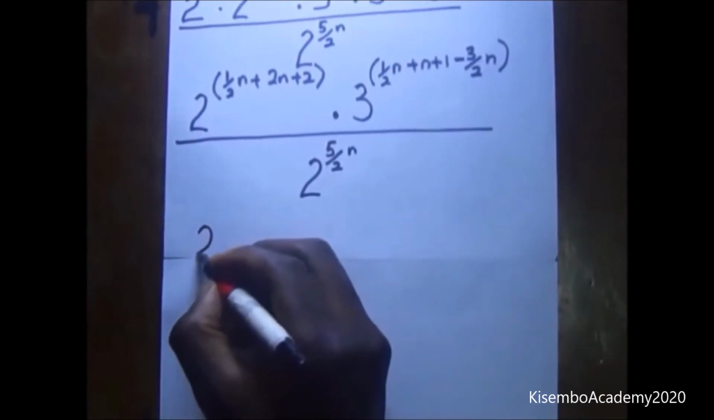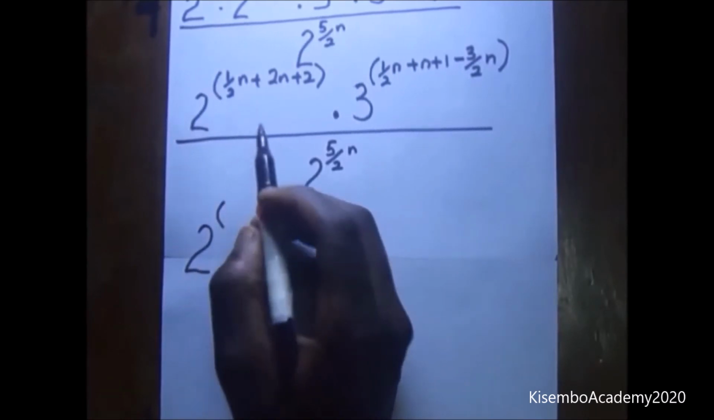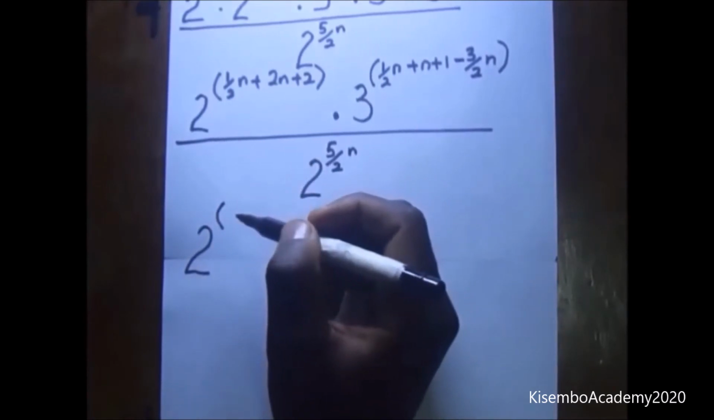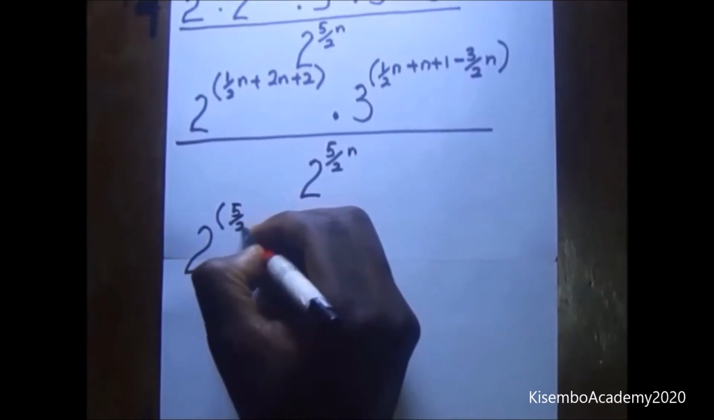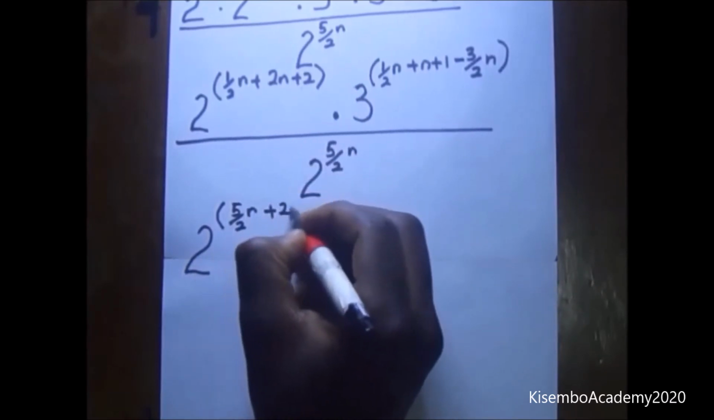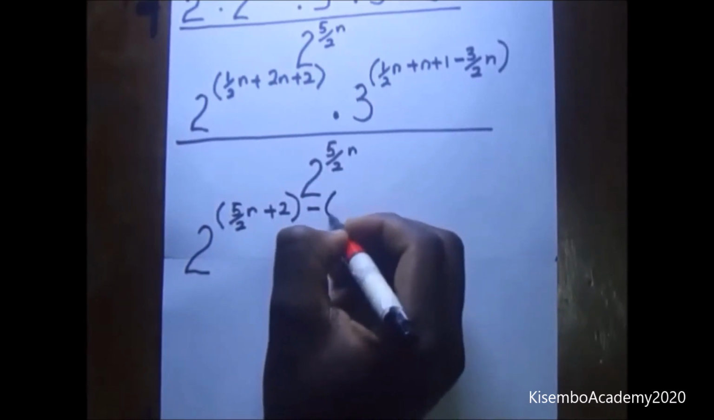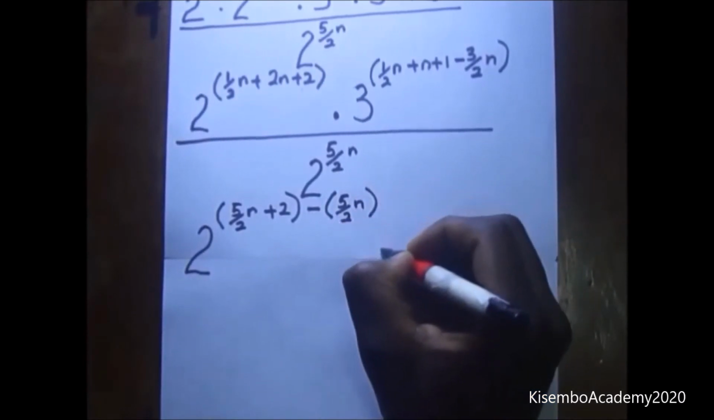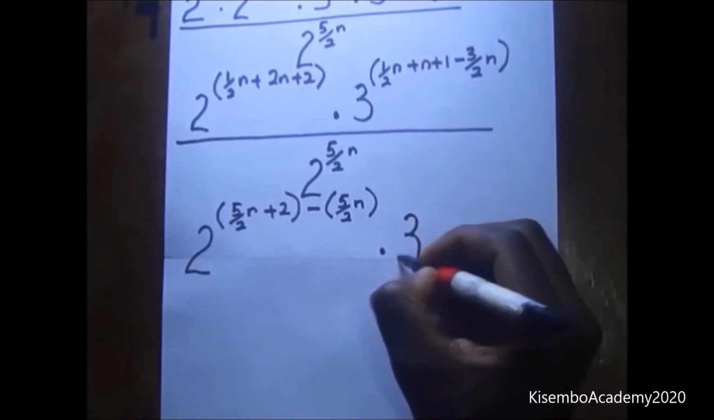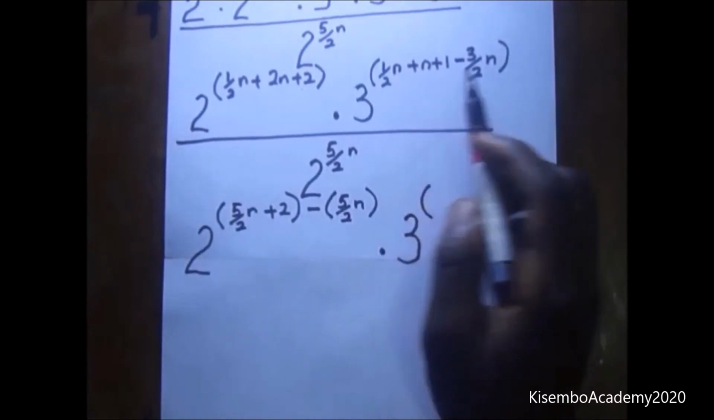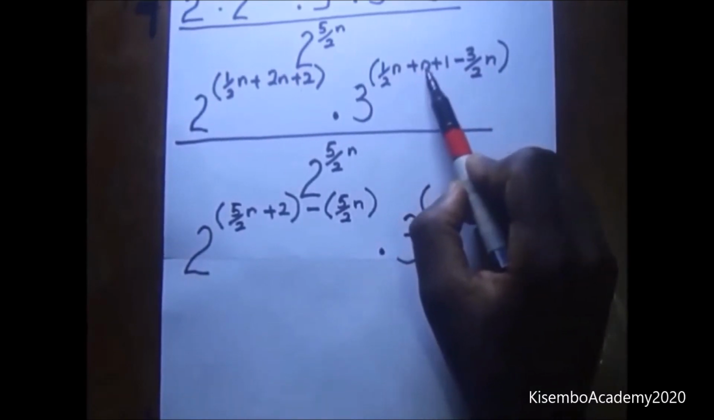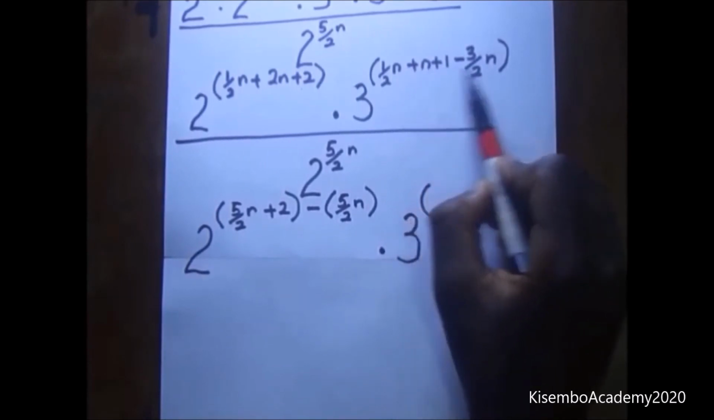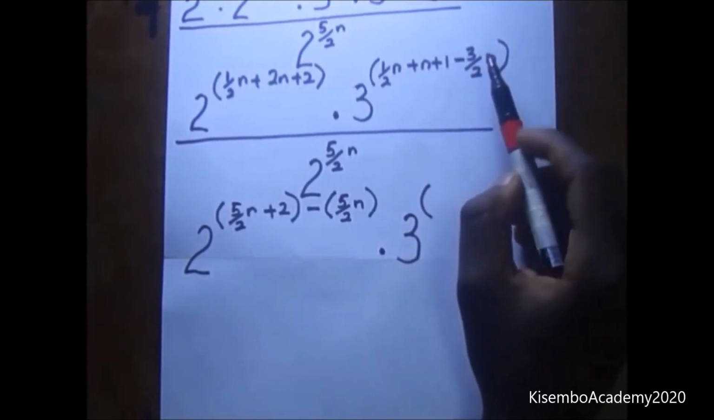So this is going to become 2 to the power, now a half n plus 2n is simply 2 and a half n, which is 5 over 2n, plus 2, minus this one, minus 5 over 2n, multiply that by 3 to the power a half n plus n is going to be 1 and a half n, which is 3 over 2n. 3 over 2n minus 3 over 2n is simply going to give you 0, and you remain with 3 to